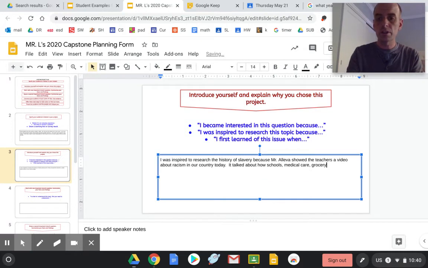Grocery stores, and all kinds of other parts of our society are still not always equal, depending on the color of your skin or the neighborhood